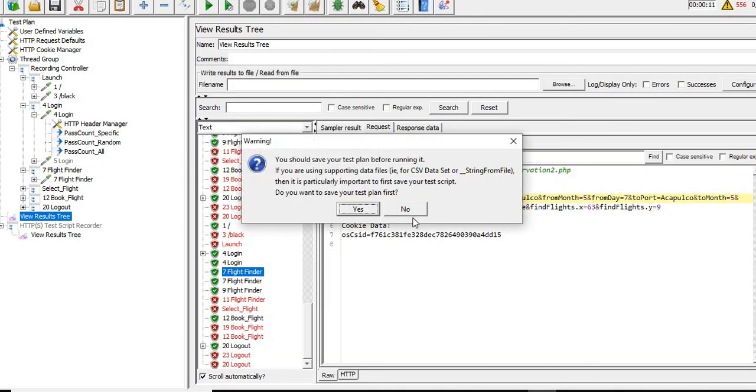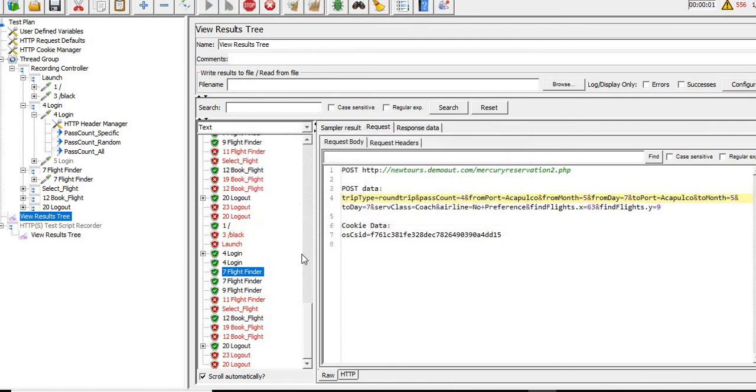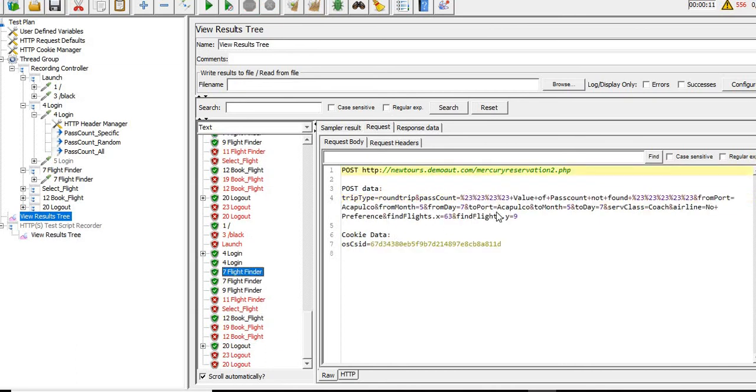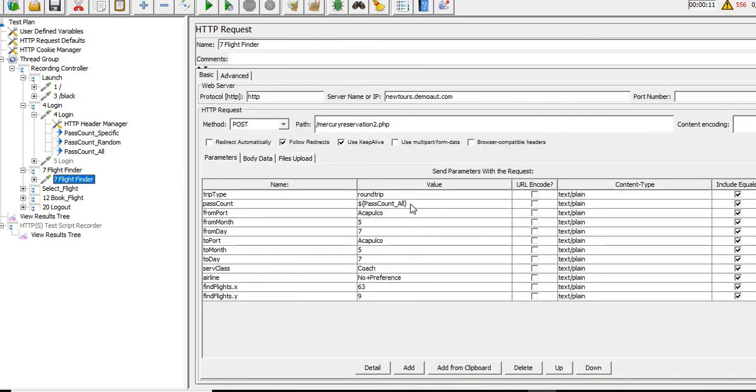I'm executing it, and let's see what value you get. What is it saying? Value of pass count not found. Why? Because we have not given the specific parameter name. If you give any name, underscore minus underscore 1, 2, 3, or 4, it will work.